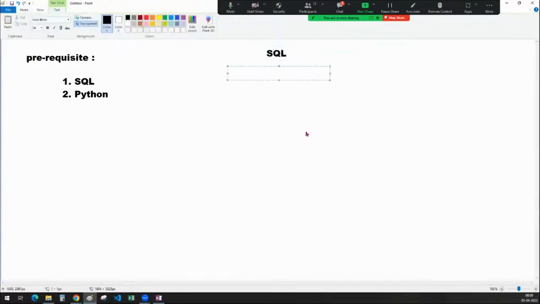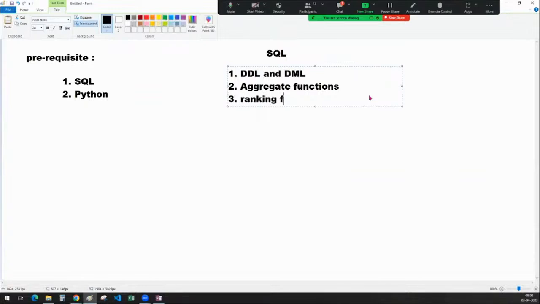So all DDL and DML. These are the basic things: how to create a table, how to delete a table, how to truncate a table, how to update a table. After that I would expect you to learn about aggregate functions, and one more thing is ranking functions,